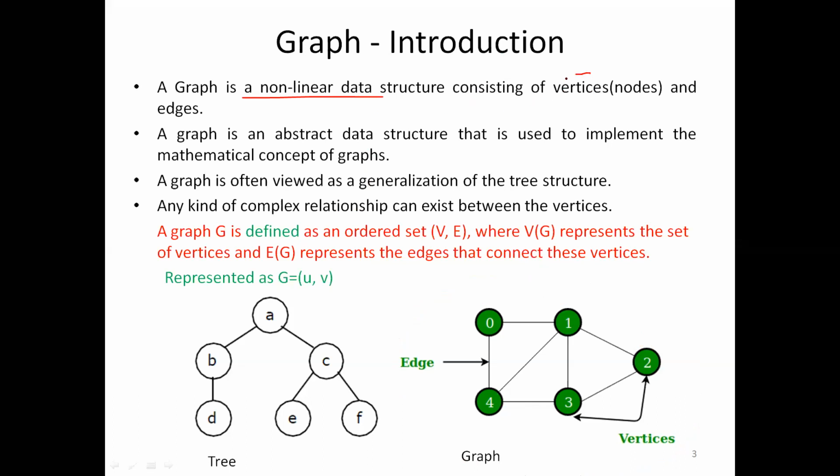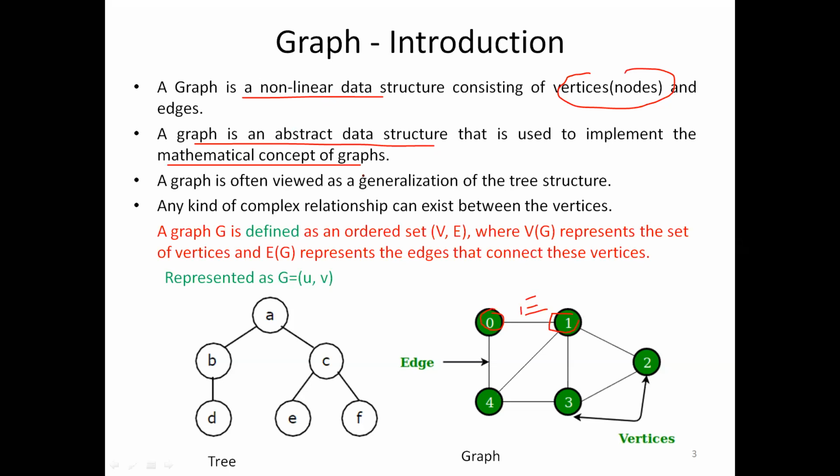What actually is a graph? It consists of vertices. A vertex is nothing but a circle, that is called a vertex, and edges, which connect two vertices. This is what an edge is. So, vertices and edges. Vertices you can also call nodes. A graph is an abstract data structure